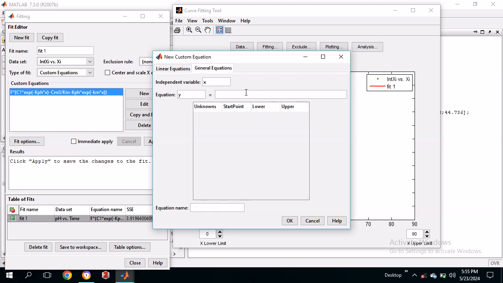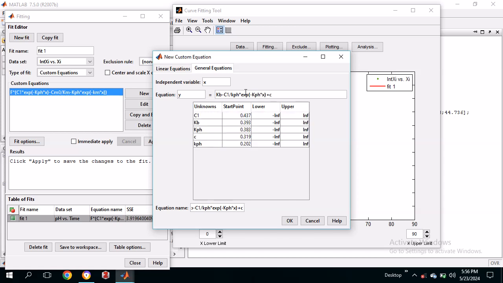So our integral equation derived was kb minus ci over kph times exponential, open bracket, minus kph dot x, plus cm naught over km, open bracket,